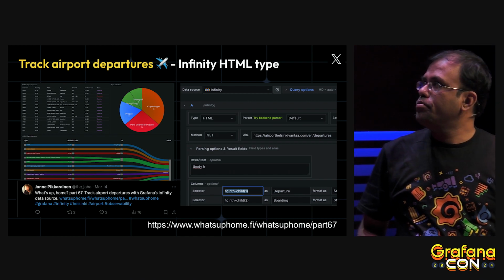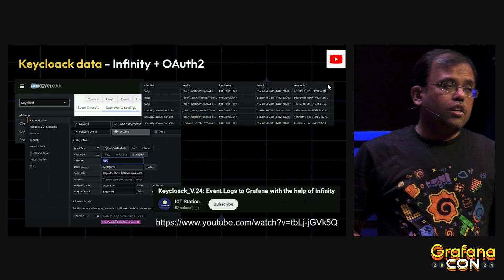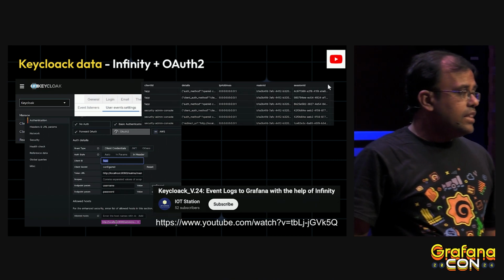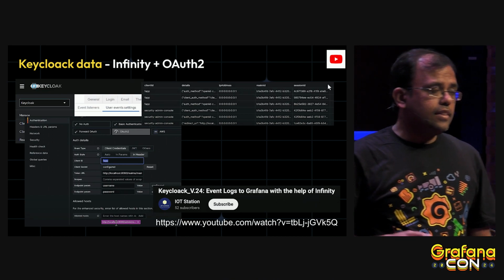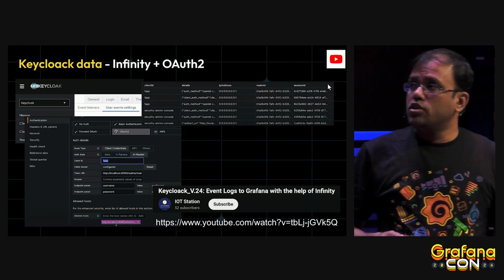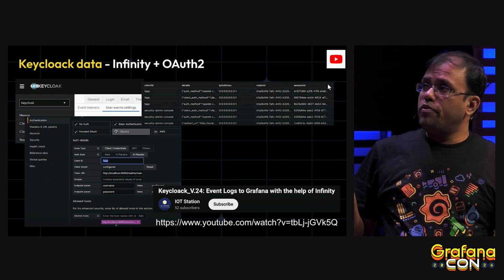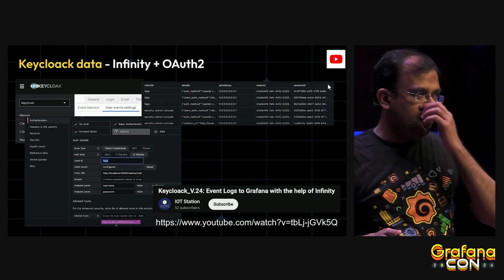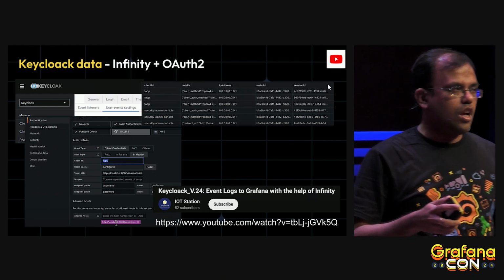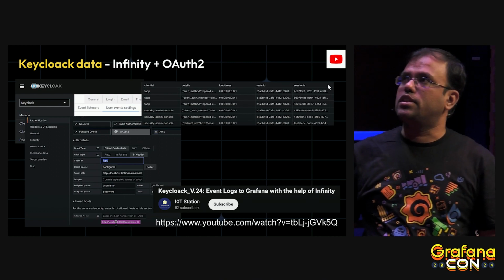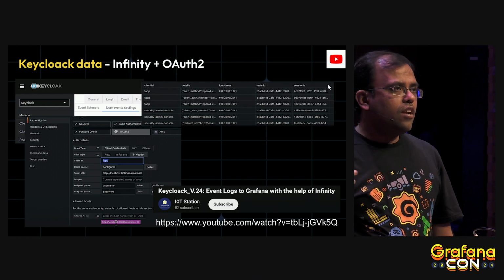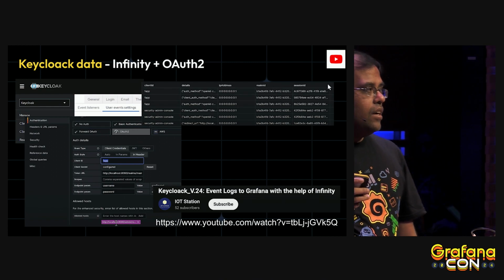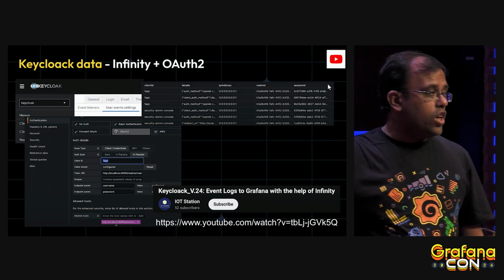It's really cool. Not only these community use cases, there are also some complex use cases, such as this one. In this YouTube video, a user was showing how they are connecting to the Keycloak application. Keycloak is an authentication application. But the Keycloak APIs are behind an authentication mechanism, OAuth 2 authentication.